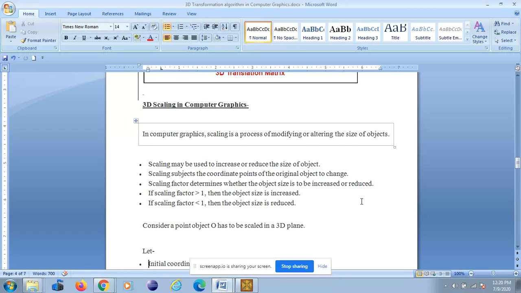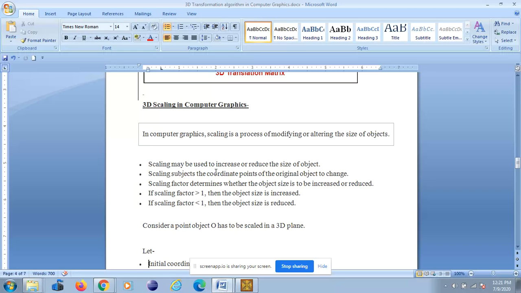Students, scaling is the process of modifying or changing the size of an object. It is a transformation used to modify or alter the size of objects. Scaling can be used to increase or decrease the size of an object.